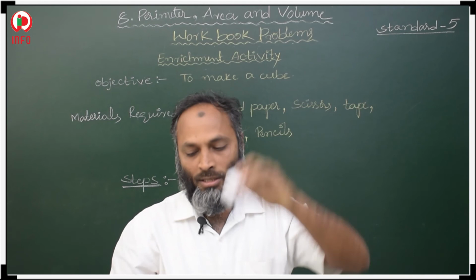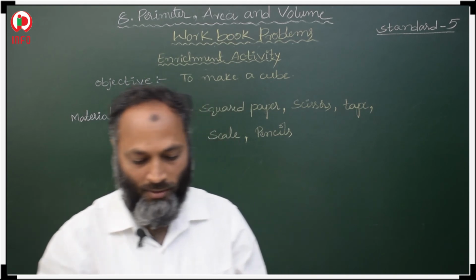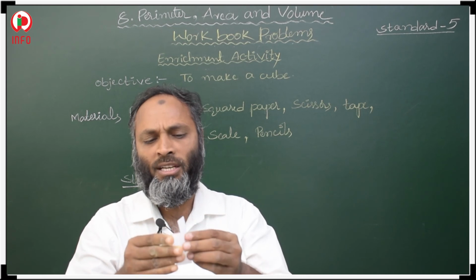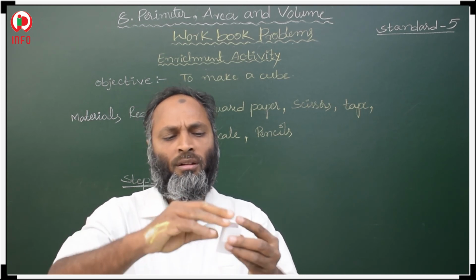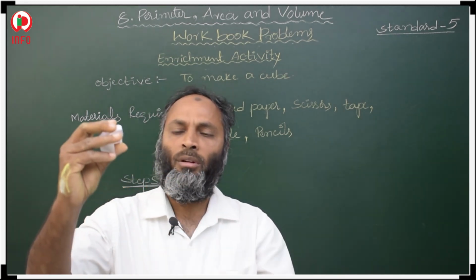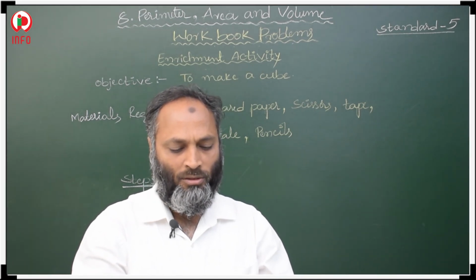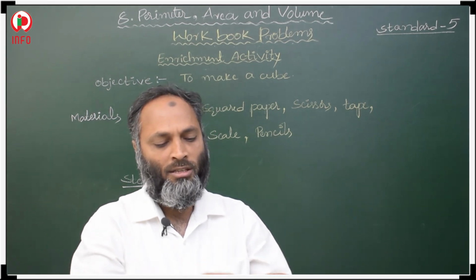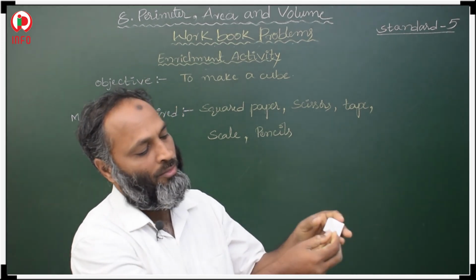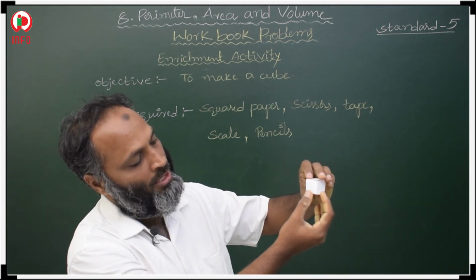And the next pattern is given, in this way. This is the next pattern in the third point. So again, you close all four sides and close top and bottom. Then in this case also you can prepare a cube. Using this pattern also we can prepare a cube. Once again you check: by closing all four sides and top and bottom, you form the cube. This is the way to form a cube.